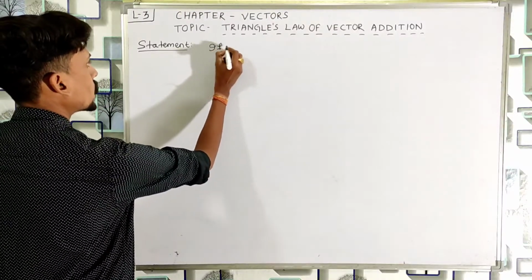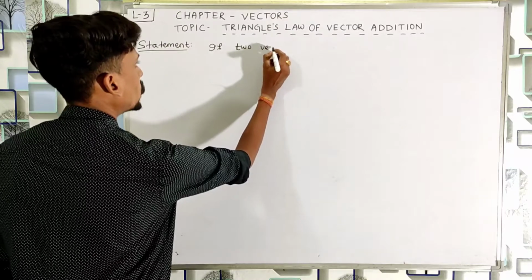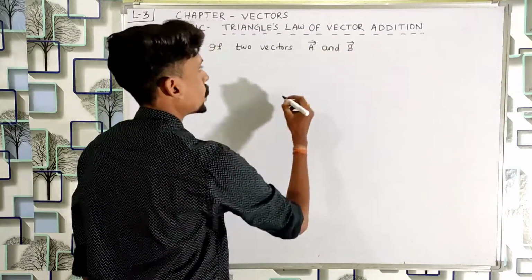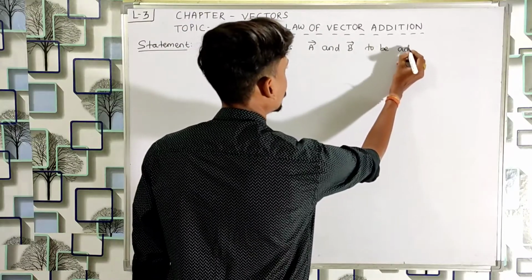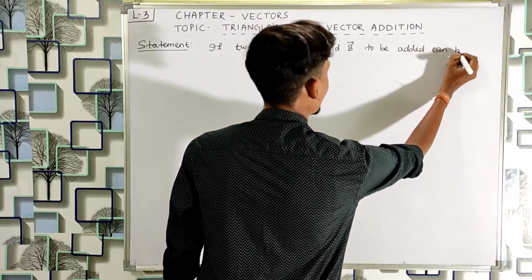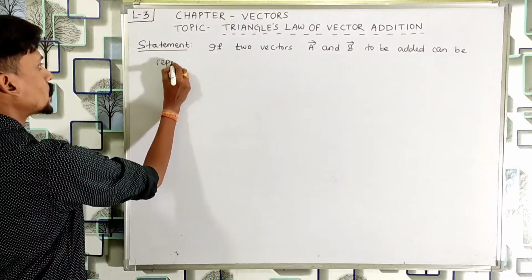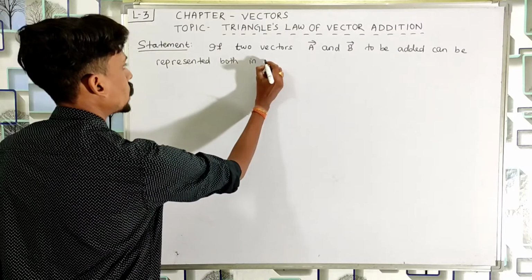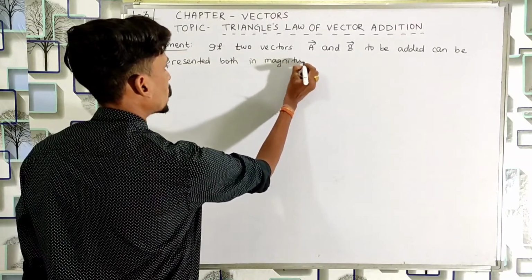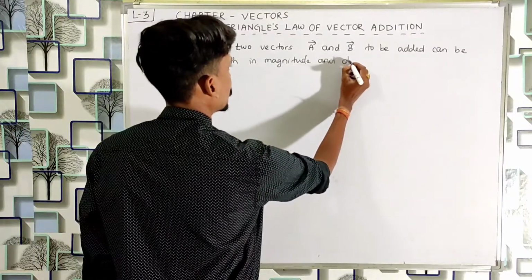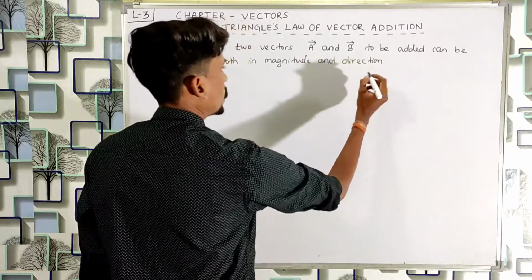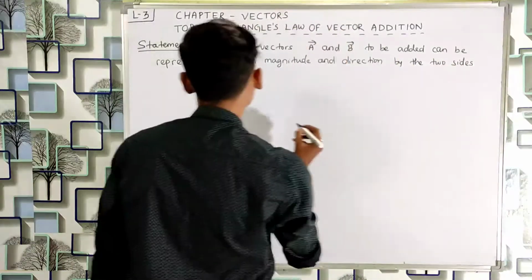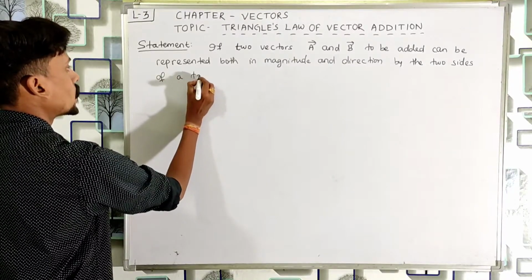The statement is: if two vectors A and B to be added can be represented both in magnitude and direction by the two sides of a triangle